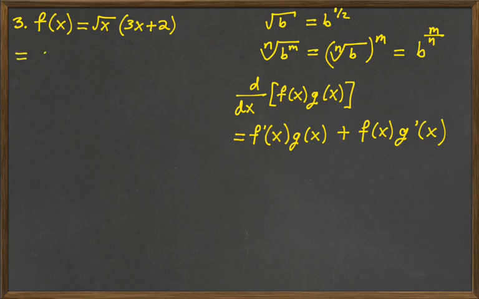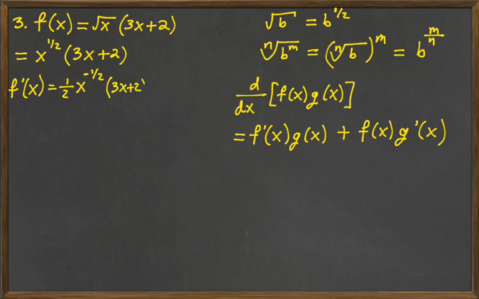Okay, so we're going to go ahead and rewrite that as x to the 1/2 power times 3x plus 2, and we're going to go ahead and perform the product rule. So for the first function, x to the 1/2 power, that's a power rule. So we're going to bring down the exponent 1/2 as a factor, subtract 1 from 1/2, which is going to be minus 1/2, times the second function, plus the first function, x to the 1/2, times the derivative of the second function, 3x plus 2. That's a line, so it's just going to be the slope of that line,